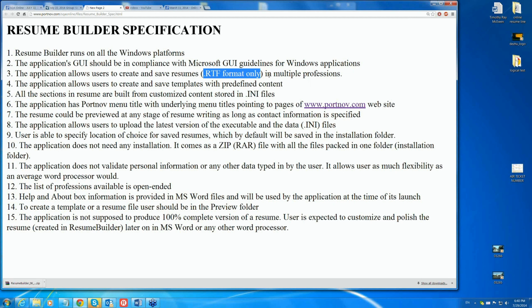In multiple professions, we can add more and more professions to the list. It's open-ended. The application allows users to create and save templates with predefined content. What it means, I might have a template for an internship resume. So when you come, I just open the template and let's say 80% of your resume is right there. I just have to change your name and your education and your address, and then we have pretty much that